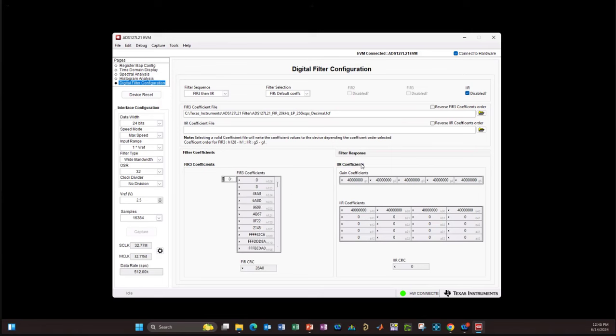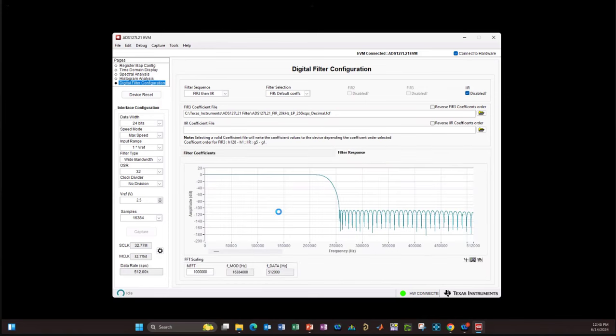So now I'm going to click on filter response so we can get a calculated plotted response of what the filter will look like. Again, I had designed it for 256 kilosamples, so I'm going to increase the default oversampling ratio from 32 to 64, which will divide the output data rate to 256.